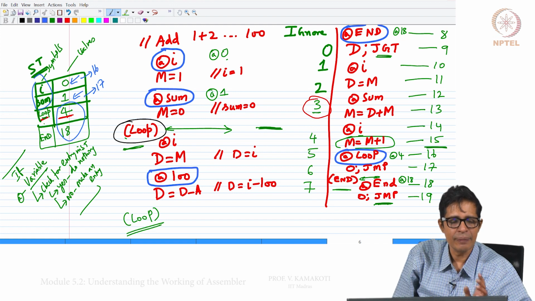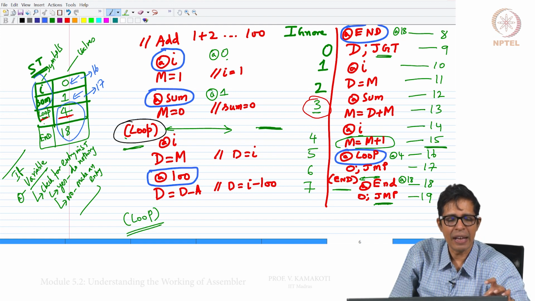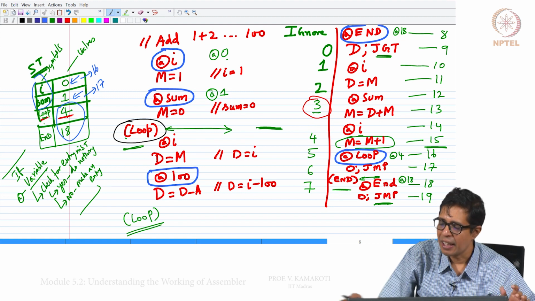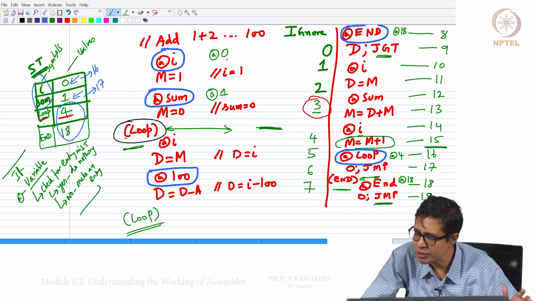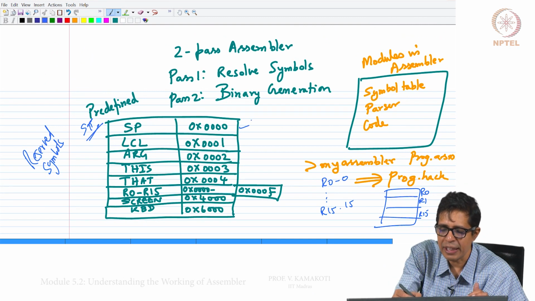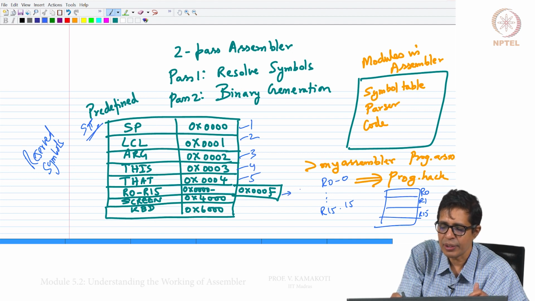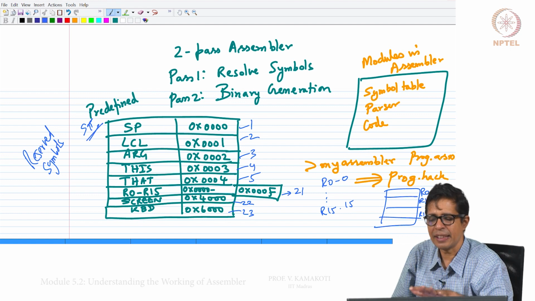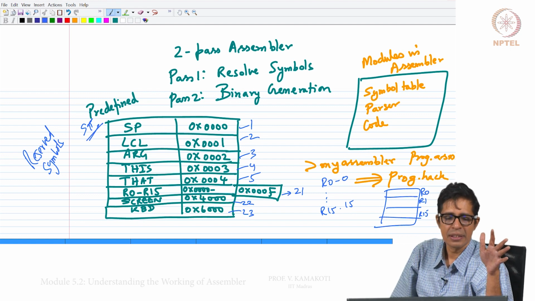So, essentially your symbol table will have I, sum, loop, end, which is 16, 17, 4 and 18, in addition to SP through THIS. There is one entry, second entry, third entry, fourth entry, fifth entry, there are 16 entries here, which will be up to 21, 22, 23. So, 23 entries are always there by default when you create the symbol table.